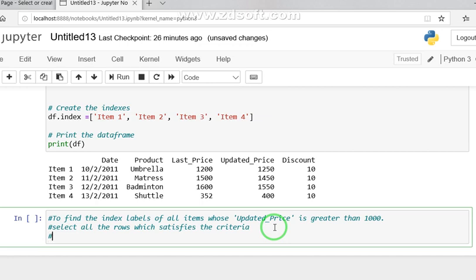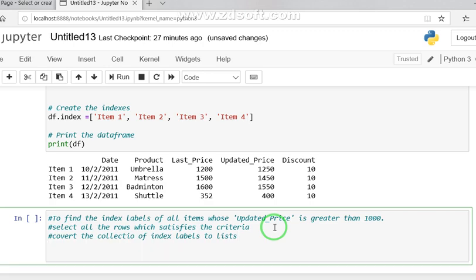And finally, what we want to do first is convert the collection of index labels to list. Students, I am just using these comments for better clarity, nothing else.